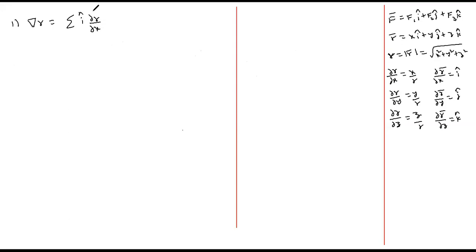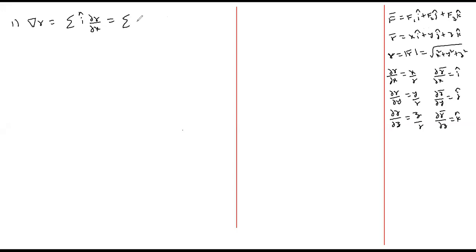Sigma i dou phi by dou x. In place of phi, you are having r. I'm using sigma notation. Why? Because these terms are in symmetric order. r is under root of x square plus y square plus z square. These terms are coming in cyclic order. If the terms are not coming in cyclic order, don't use the sigma notation. I'm repeating again: write the entire formula of the gradient if the terms of the given scalar function are not in cyclic order. If the terms are in cyclic order, you can simply use sigma.